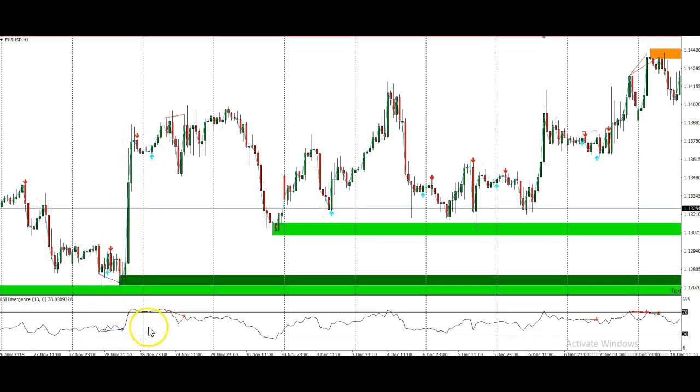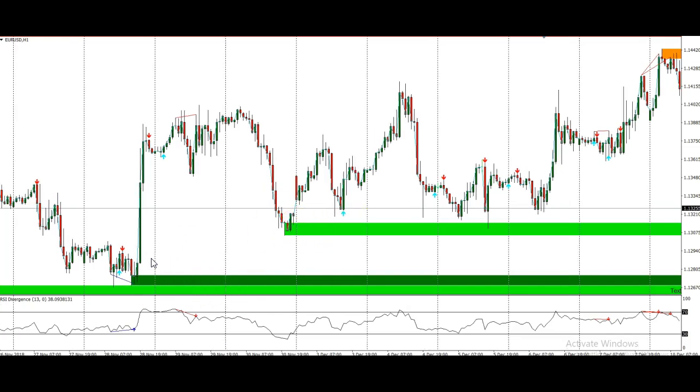Now, how the indicator works, it actually gives us signals. You can see the arrow here. Once that arrow appears, and by the way, it's not repainting, when this arrow appears and stays, you take the trade, as long as it's with your support and resistance strategy, or in my case, my price zone area